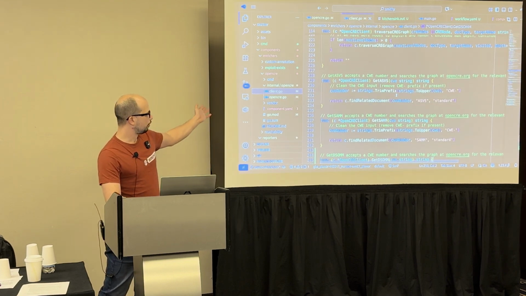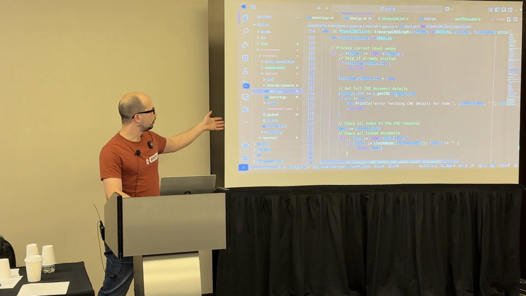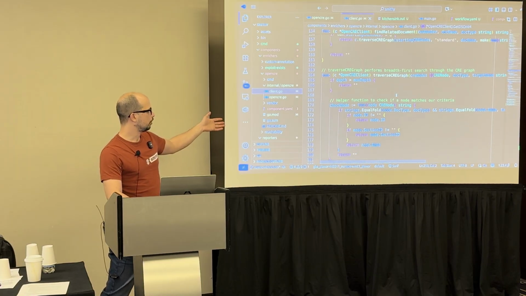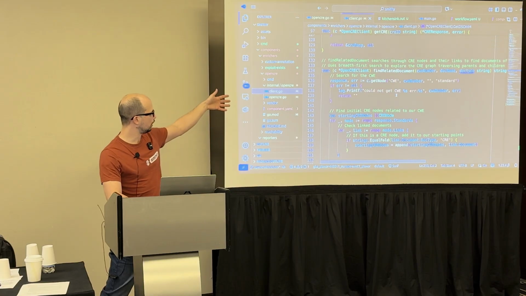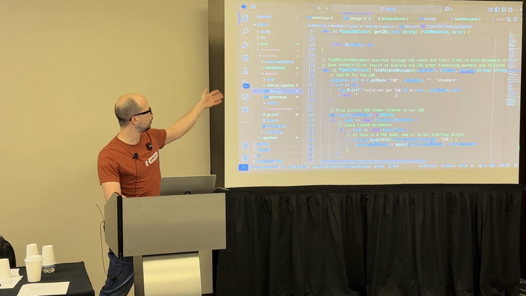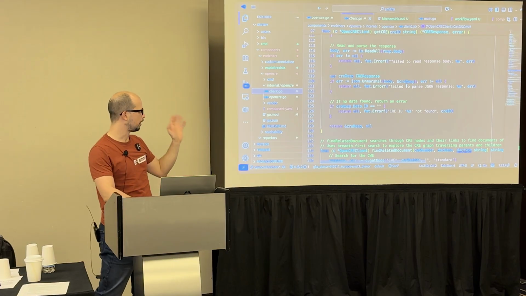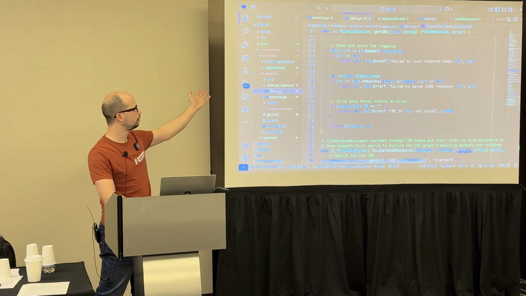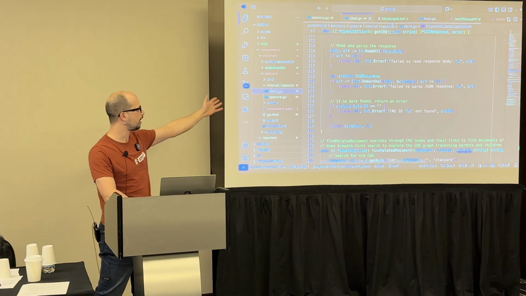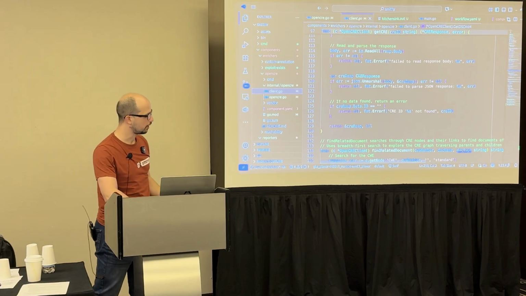This is the OpenCRE client. All of this is open source, that's why I'm showing you code. You can find it on Smithy Security. This is just a graph traversal, nothing super fancy. It's a client in Go for OpenCRE.